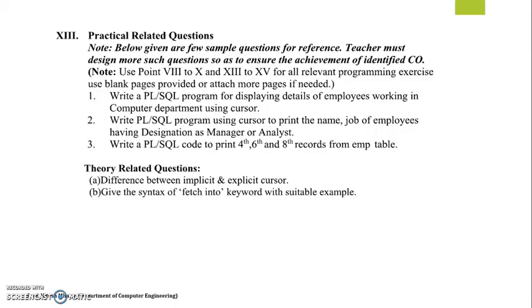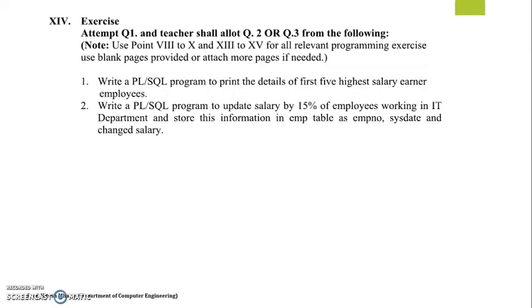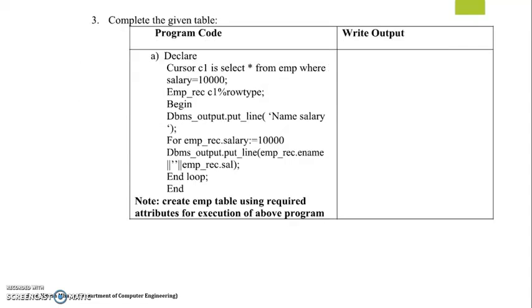These are some practical related questions that you can try out on the tables that you have created. Here are some exercises, like to print the details of the first 5 highest earners from the employee, or update the salary by 15%. Then here is some code given, so you have to execute this and write the output. Here's